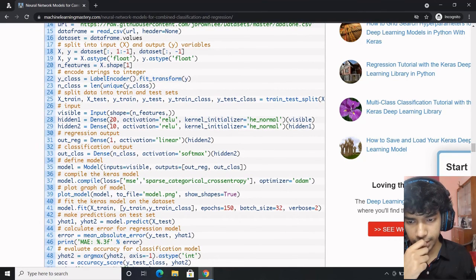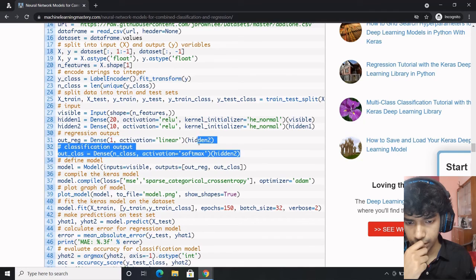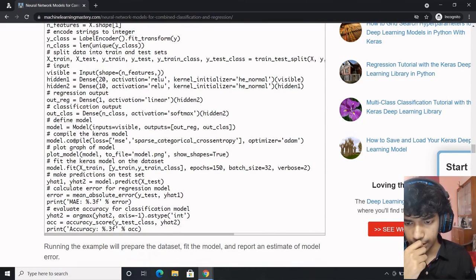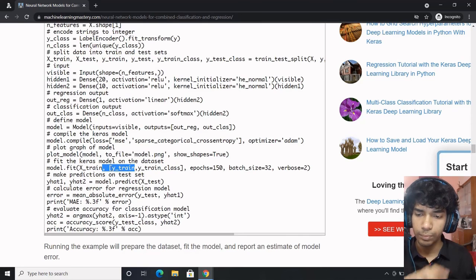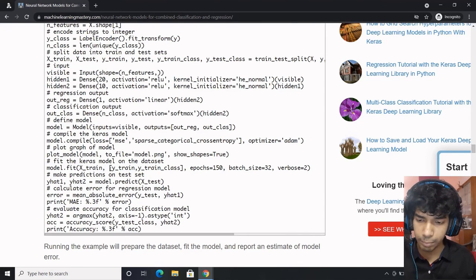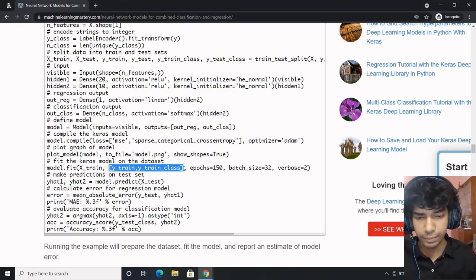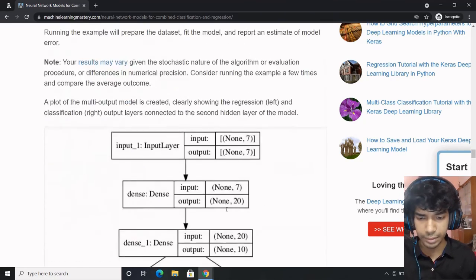I think model building is functional over here, but it's slightly different. Activation linear, activation softmax, and simple xtrain. And over here, the y would be 2. So rather than having a single y, this particular thing changes. You have a list of 2 y elements which is being passed, else everything remains the same.